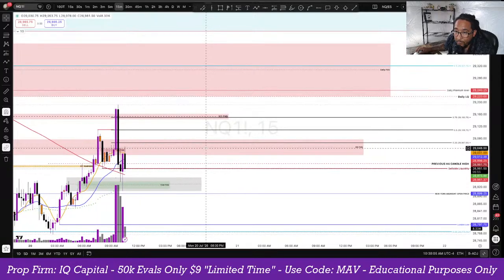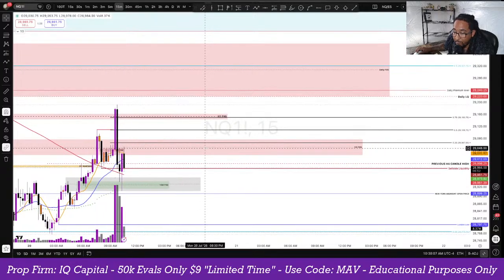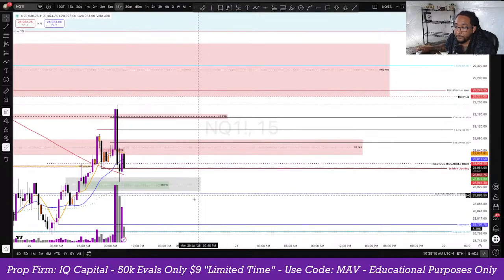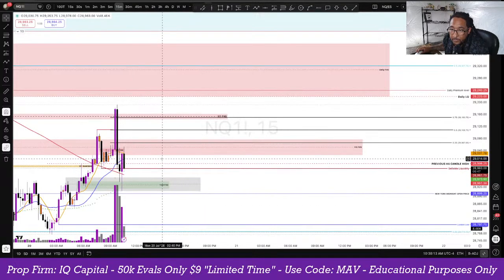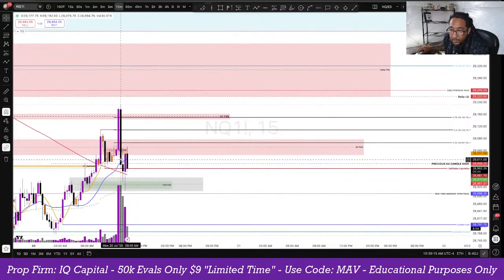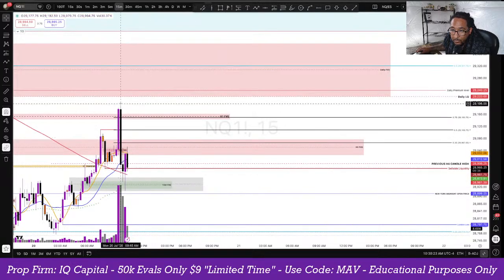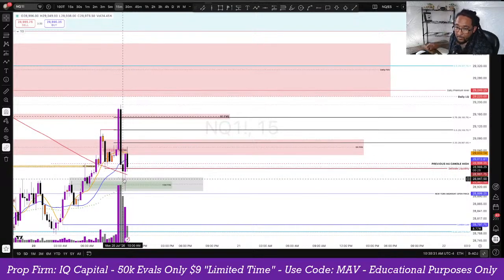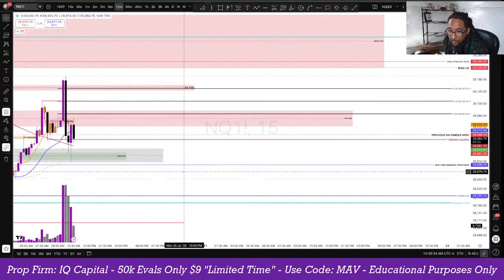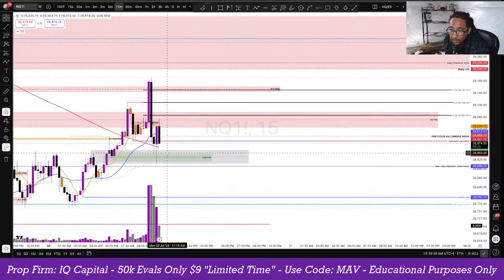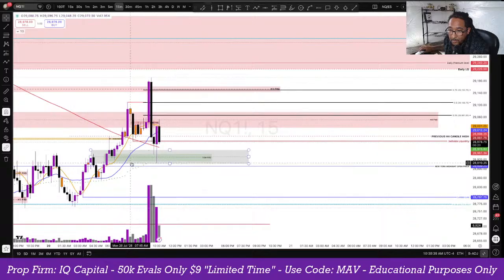The price has been going both directions this morning. Of course, at the 9:30 open, we came above our 8 a.m. highs, and then came down to sweep our 8 a.m. lows. We hit our area of interest here, respected our 15-minute bullish fair value gap,